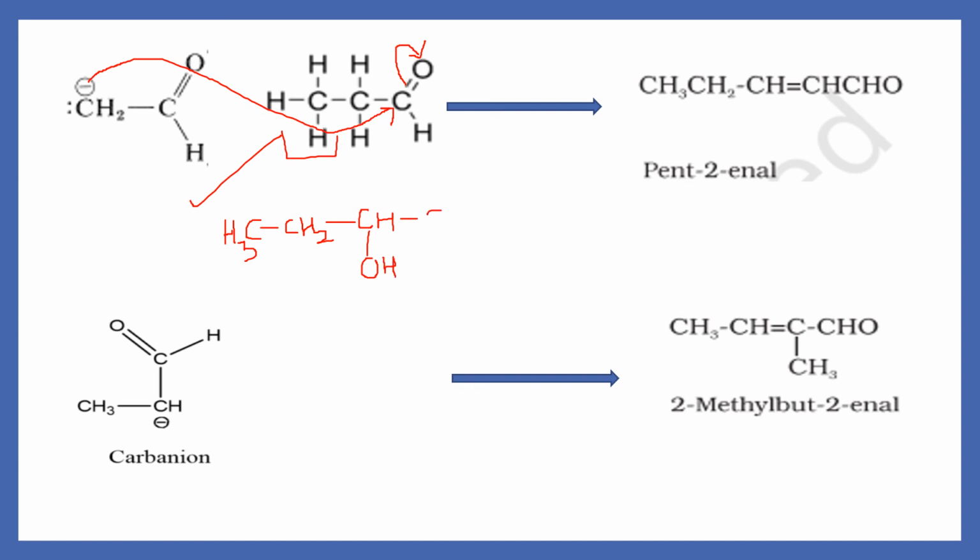Now you have understood how aldol is to be shown, so we can straight away write. And then this carbon is getting attached to this, so I am showing the CH2 and CHO now. Now you know how you are going to get this pentenal. You simply have to show that you are heating this and it is going to lose water.